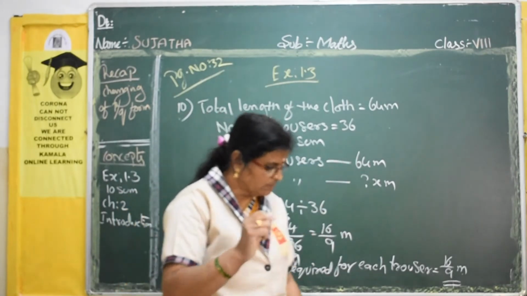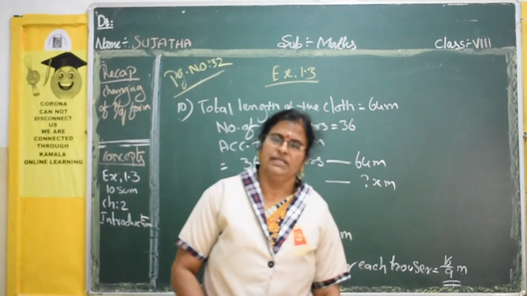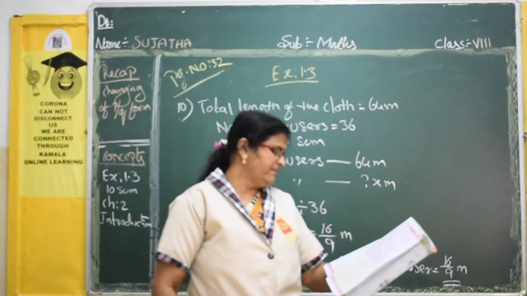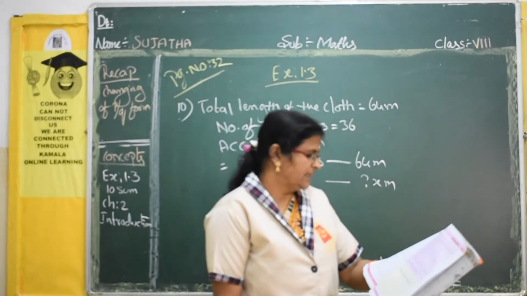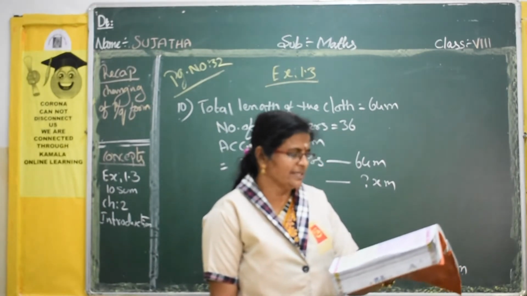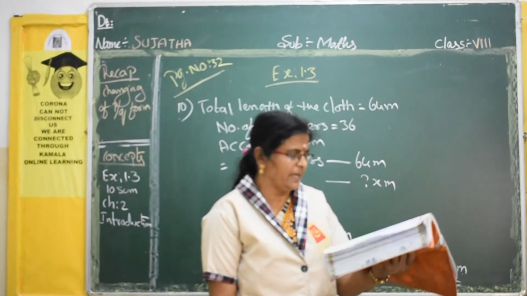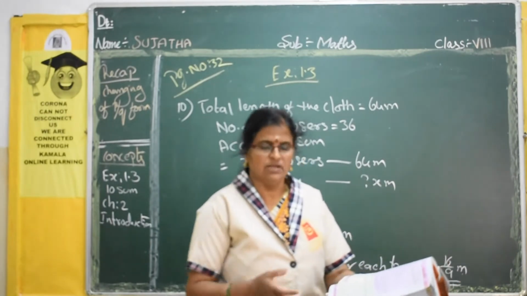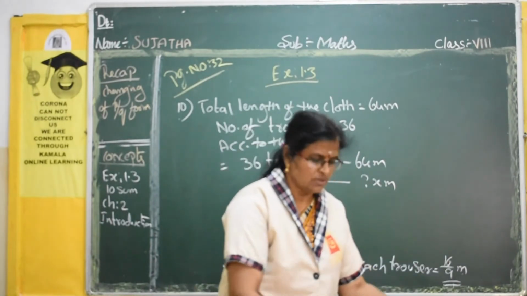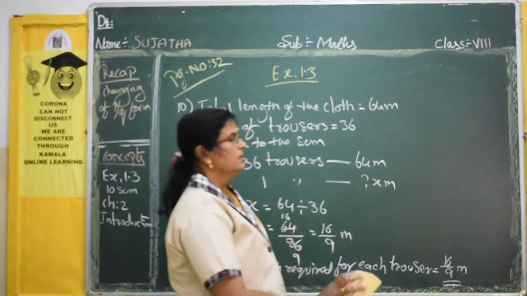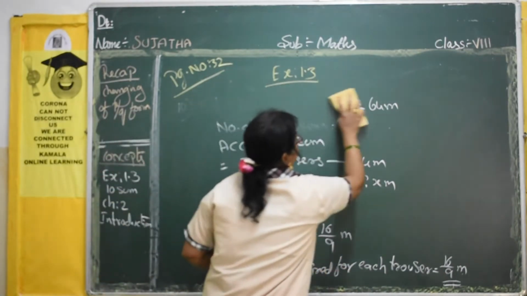Now one more sum is there, the 11th one. That is easy only. That you can do as homework. When the repeating decimal 10.363636 and so on is written in the simplest fractional form p by q, find the value of p by q. Otherwise, I will only explain this. Only one sum is there. Next topic in the next chapter I will give the homework. Understood? Now the 11th sum.